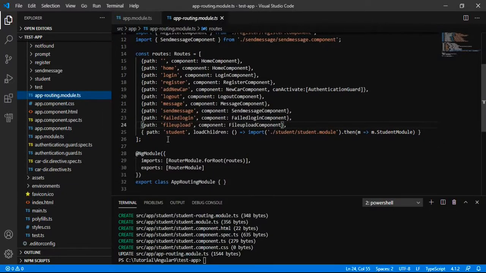Now we can see the path for the student module has been created.